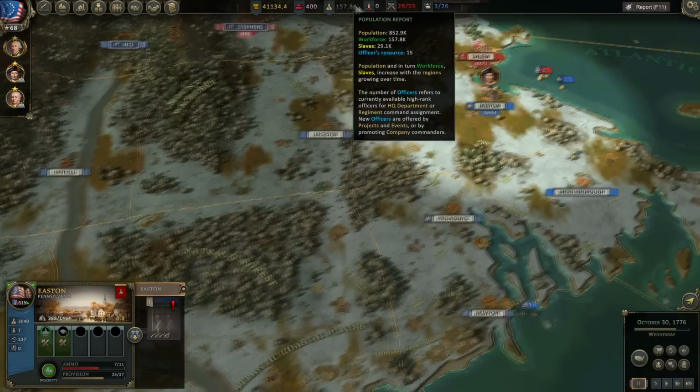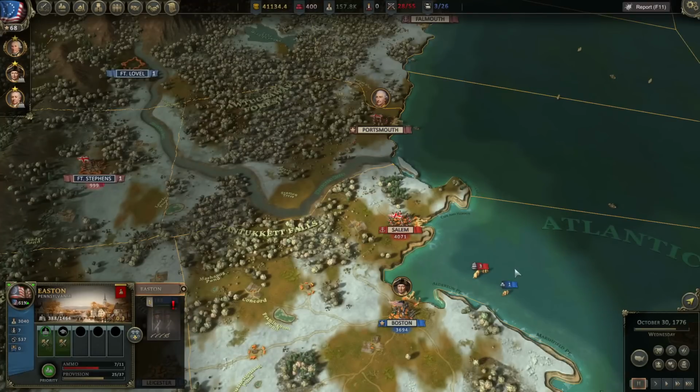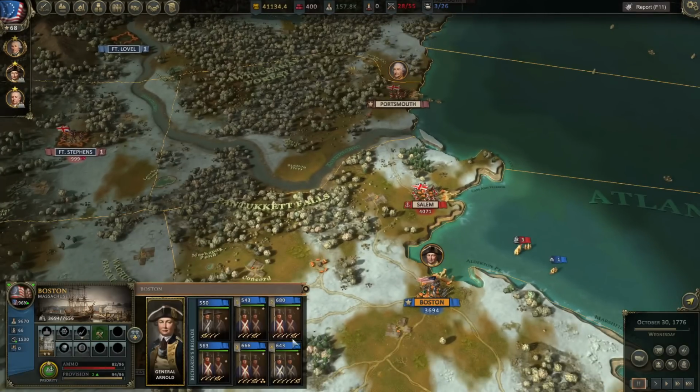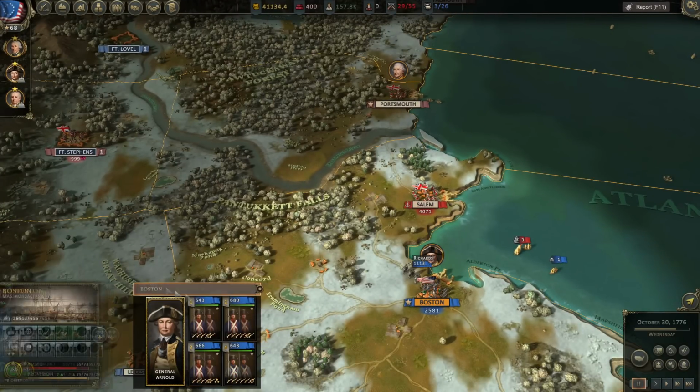We've got population. We don't have specialists. We need more specialists to be able to keep our manpower up, and so I think that's what we are going to do. But before we worry about all of that, we're going to thrust ourselves once more into the breach, my friends. We are going to move out of Boston